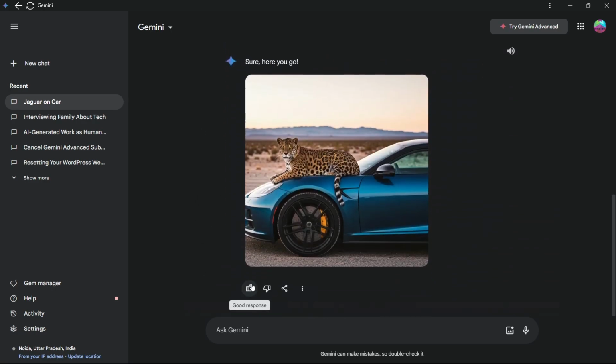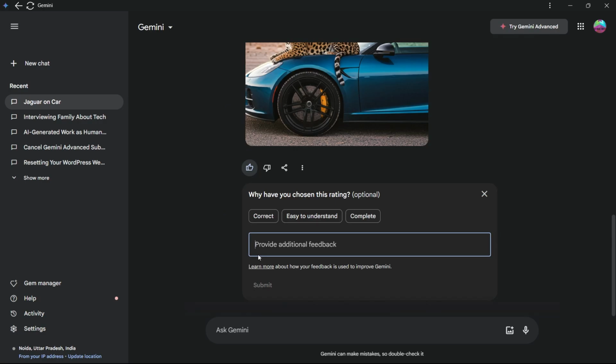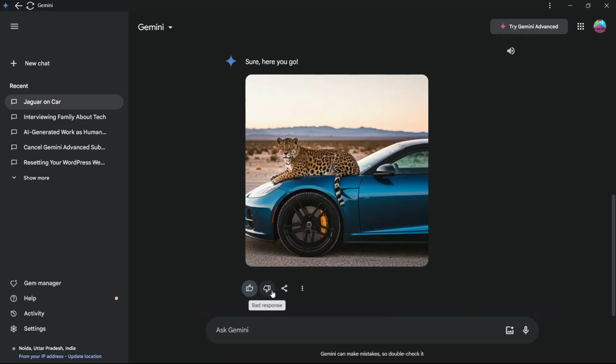Now you can click on this good response button to indicate that you are satisfied with this result. And if you're not, you can simply click on bad response. You can also click on the share and export button and you can share this conversation, export to Docs or draft this in Gmail. If you want to download this picture, click on the download full size button at the top